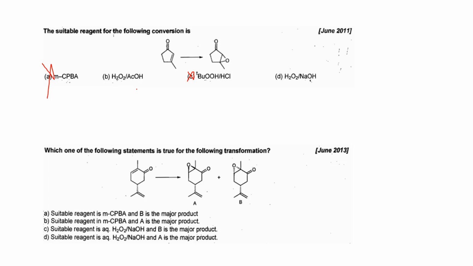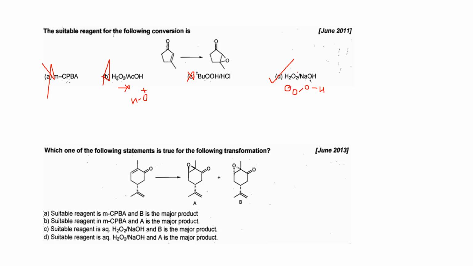So if you remember the H2O2 but you don't know the combining reagent along with that, and you take this one, it will be the wrong one. For epoxidation you need H2O2 NaOH, not H2O2 acetic acid, because in the case of H2O2 acetic acid it will give OH plus, whereas in this case you need a peroxide anion. You need a peroxide anion for the reaction.